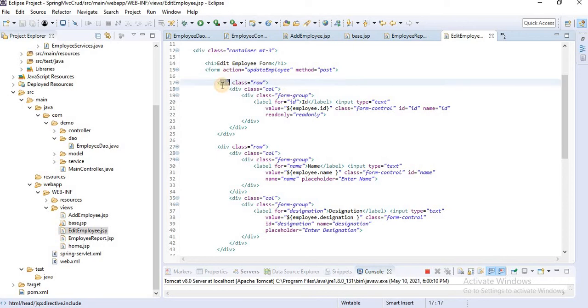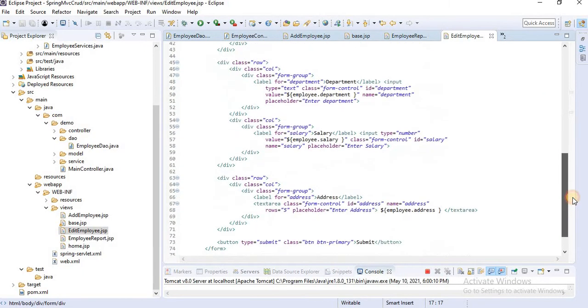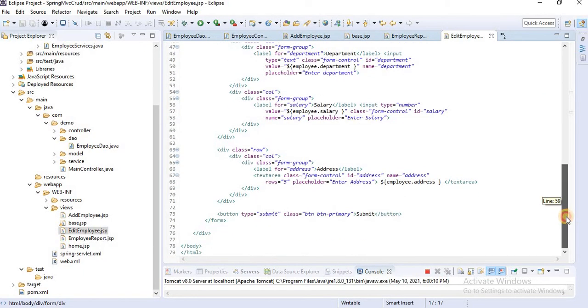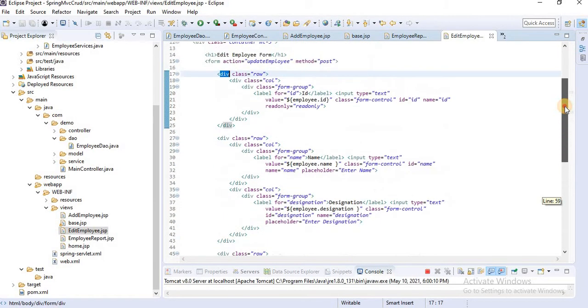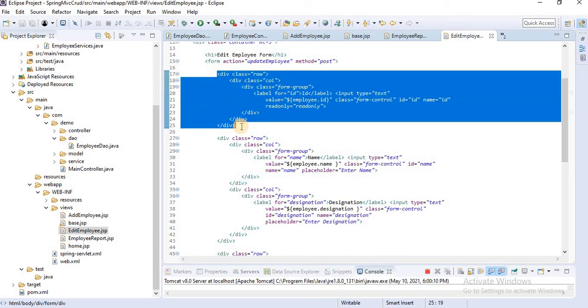Inside it we define the ID, name, designation, all the fields that we defined inside add employee. And one more thing we define here: ID. In the add employee form there is no ID field because at that time the ID should be auto generated, but in case of edit the ID is already present.